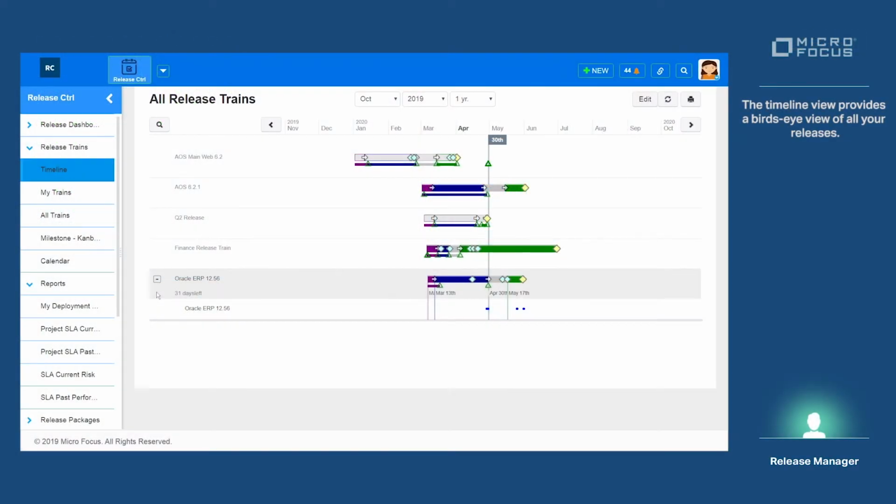train, we can get an idea of how many days are remaining. We have 31 days remaining. And then we also see the actual release packages that will be delivered on that release train. We have one here, and we can see the dates when it is scheduled to be in deployment. So there's a lot of data that we can gather right from this single view of the timeline, looking at